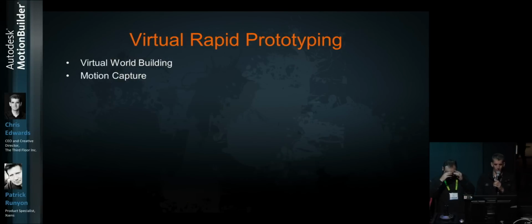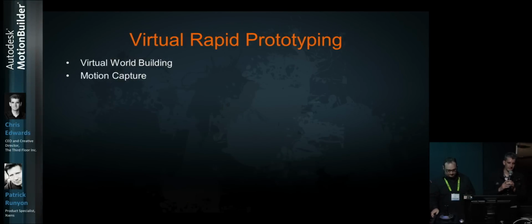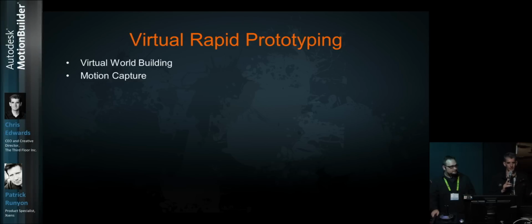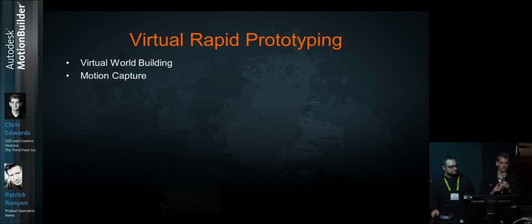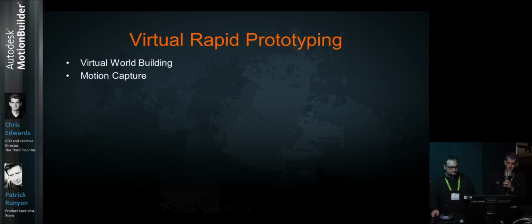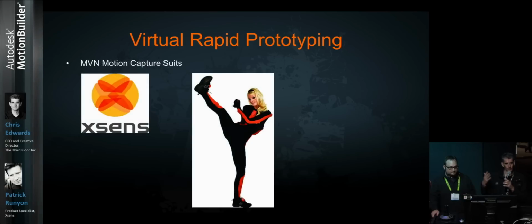And what we're doing on the previs side of things is not having the pressure of recording the final imagery, because there's a certain amount of heavy lifting that goes along with the capture of imagery that has to be that final performance with final facial animation and everything. But why should we not include that anyways in sort of a rough process, the virtual rapid prototyping process, with